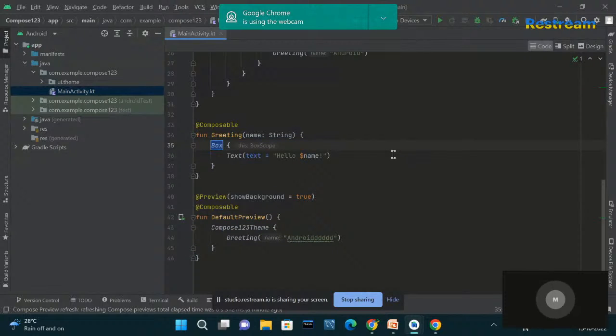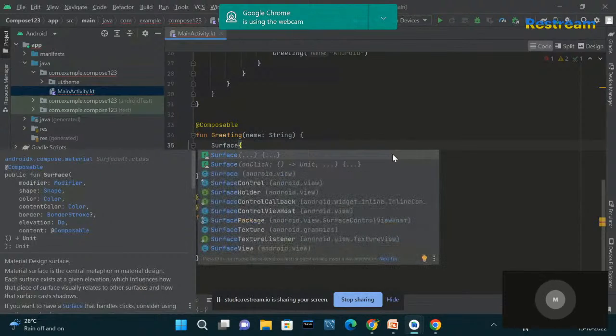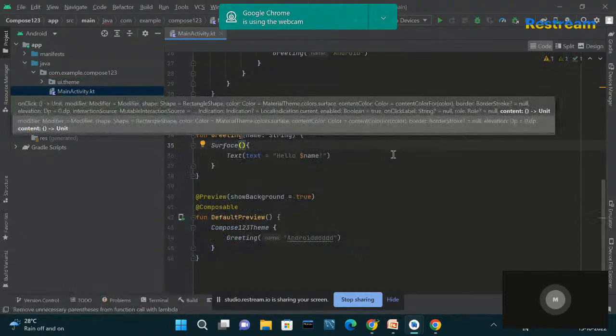When you give surround with container, this particular text will be surrounded with a container. Inside that container only, it's going to give the background color. Once you click on surround with container, this box scope will be opened over here. You don't need that box scope, and hence you're going to delete it, and you're going to use something called Surface. So type Surface followed by parentheses, and inside that parenthesis you're going to use